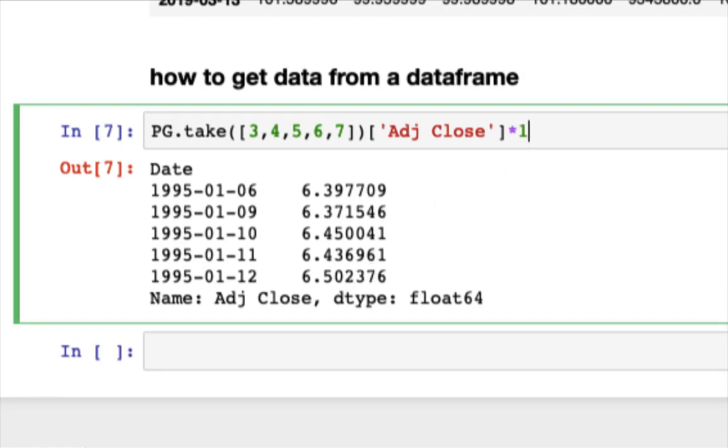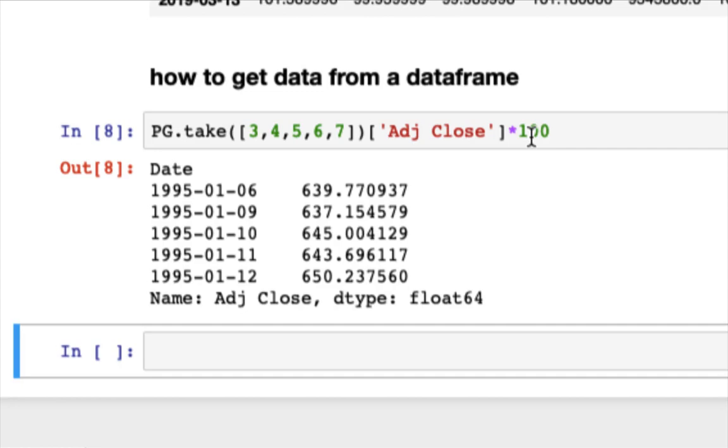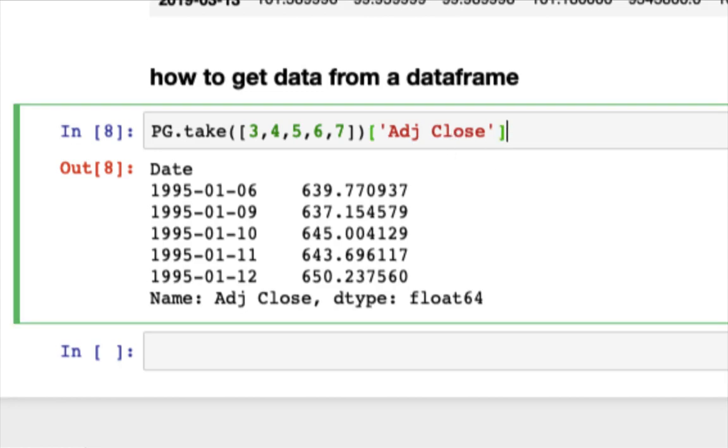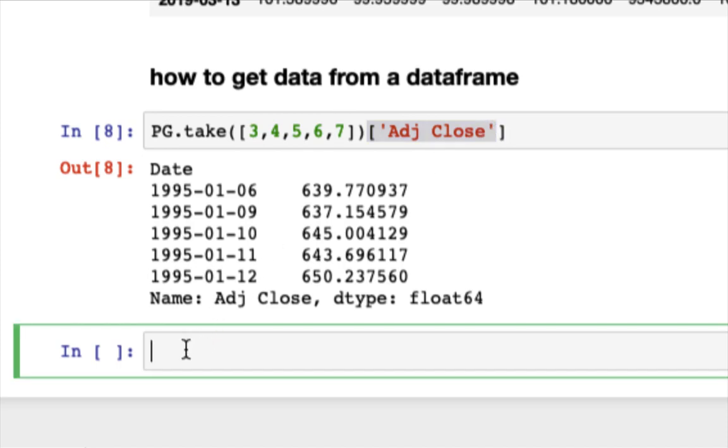You can do whatever you want. For example, you want to multiply by 100, done. Can you see this multiply by 100? So you have an object that you may do whatever you want with. So the take is a possibility. In this case, you have to specify the indexes that you want and the column that you want. Another possibility is the